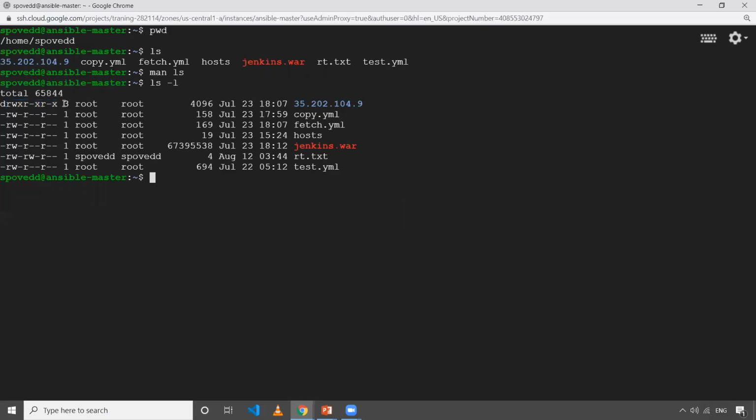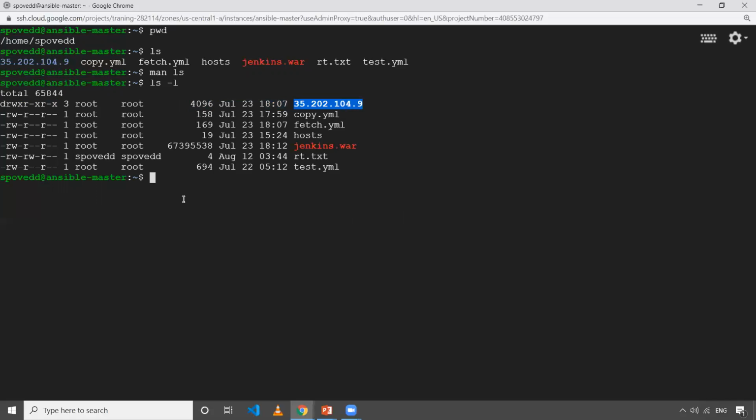Okay, and then this is the link count: how many links to this file exist. For this file, as you can see, only one link, soft link or hard link, exists. Then this is the owner ID, group ID, and then the size of the file in bytes, and this is the modified time, and then this is the file name. It's the same for each and every file.